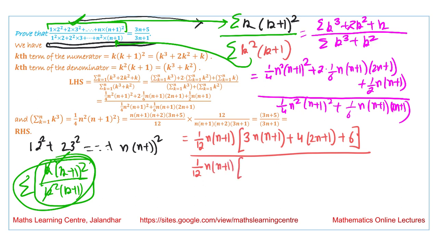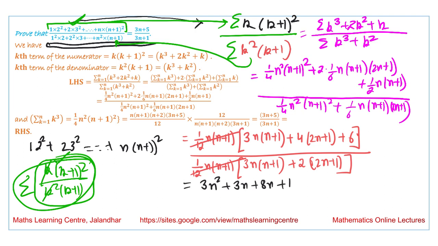From the first term we are left with 3n into n plus 1. From the second term we are left with 2 into 2n plus 1. These two terms get cancelled. Now if we simplify these values further, we obtain 3n square plus 3n plus 8n plus 10, divided by, in the denominator, 3n square plus 7n